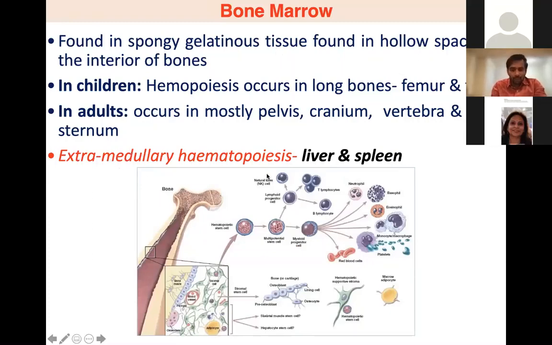And in adults, it occurs in the pelvis, cranium, vertebrae and sternum. This is a very important word actually, extramedullary hematopoiesis. That is, the main sites for this hematopoiesis are the liver and spleen. When the hematopoietic stem cell system is disturbed in the body, the liver and spleen have the potential to generate the blood